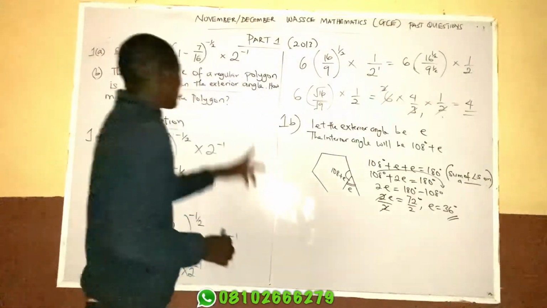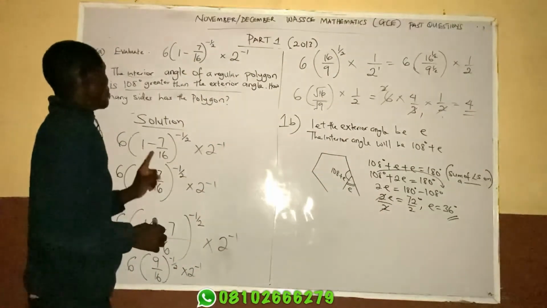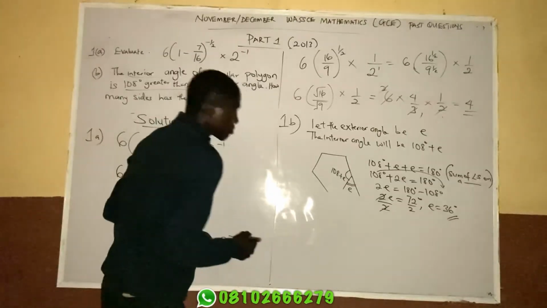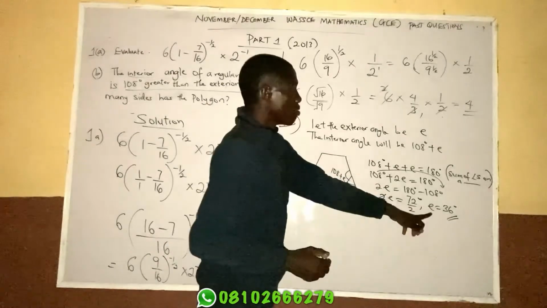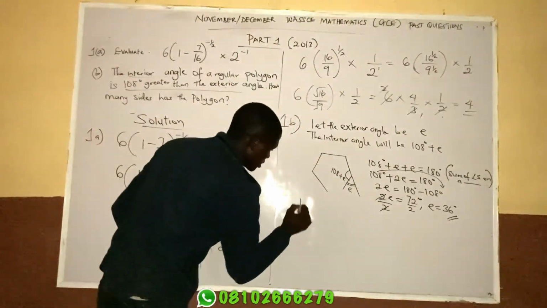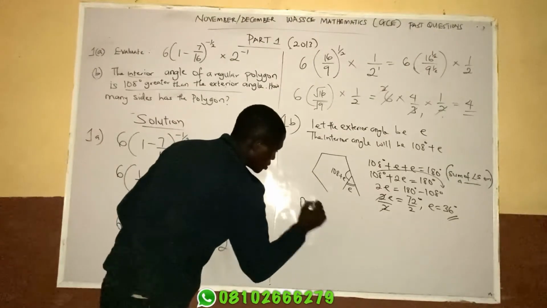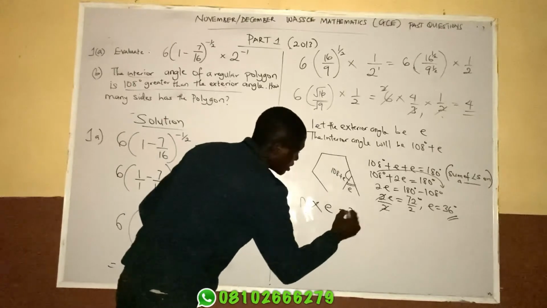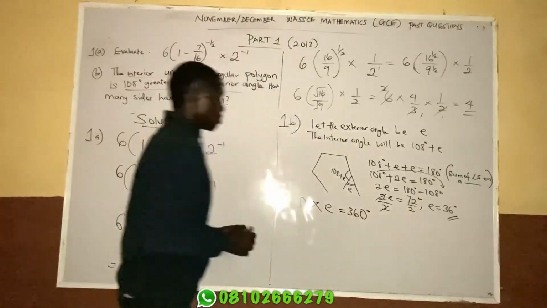Now the question says, how many sides does the polygon have? There is a formula that links the number of sides of the polygon with the exterior angle. The formula says that the number of sides of the polygon multiplied by the exterior angle is equal to 360 degrees. So using